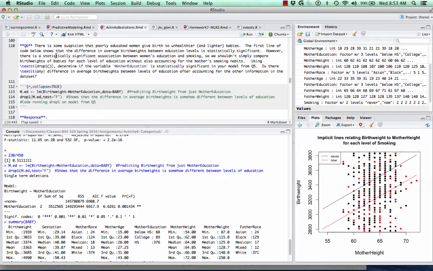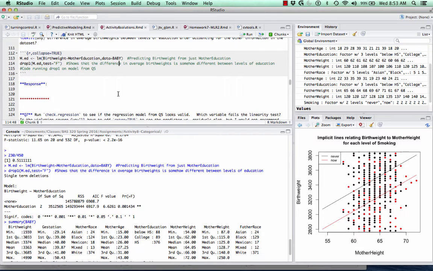However, we can't simply just compare the birth weights of babies for each level of education without really taking into account the possibility that there are lurking variables. We've just seen that whether or not a mother smokes does seem to be connected to the birth weight of the baby, and there's also some sort of an association between smoking and education. Typically, people who are more poorly educated have a higher chance of smoking. So maybe this difference in averages that we see between the levels of education can be explained just by smoking. Women that have poor education tend to smoke more often, and maybe that's why we see the differences in average